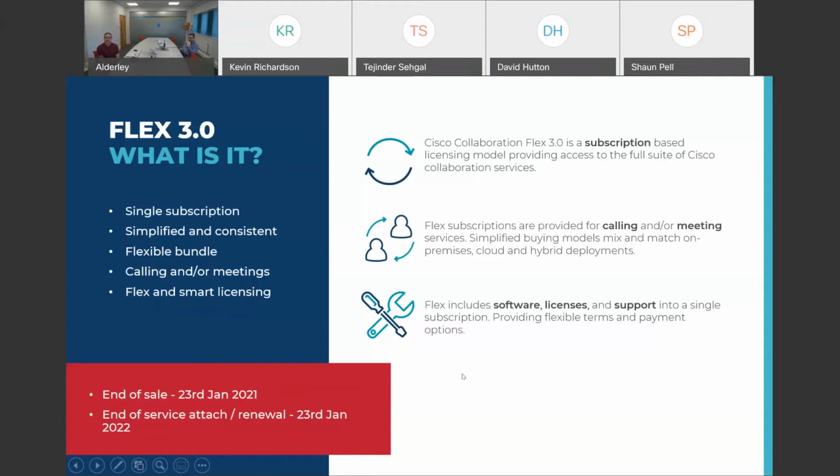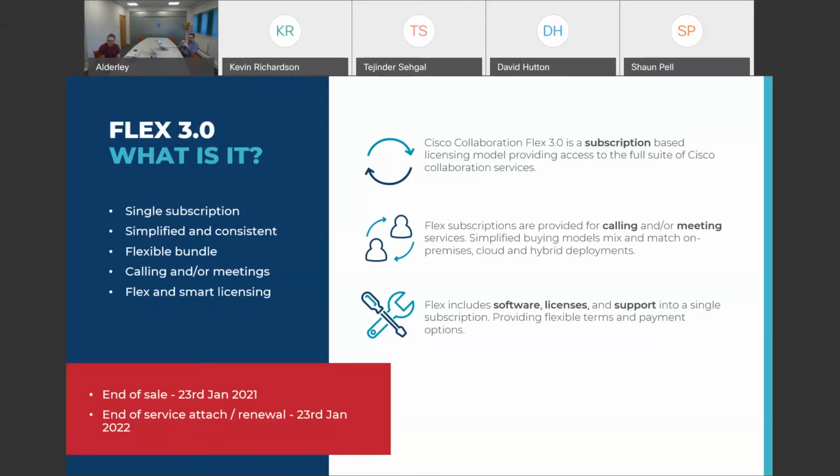So this isn't new. Cisco have had collaboration subscription licenses already. We're on version 3. So the big change with Flex 3 is the fact that we are now end of sale on perpetual licenses. That date has passed. The 23rd of January was the last day you could purchase perpetual licenses and the associated Swiss with those licenses.